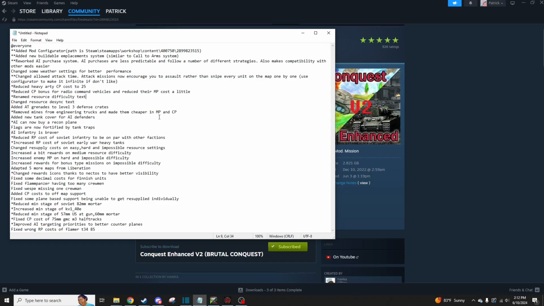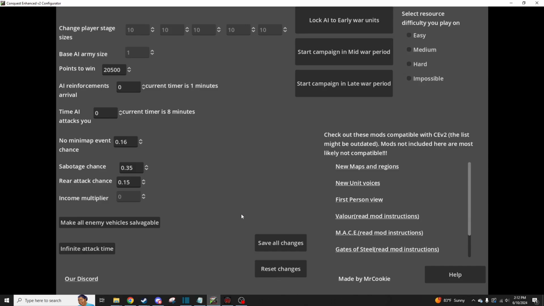So first we will start with the mod configurator, which is a very neat little tool. You used to have to go into the text files within the mod folder and make setting changes. Some of that has now been moved into this menu here, which is available within the game files in your C drive,